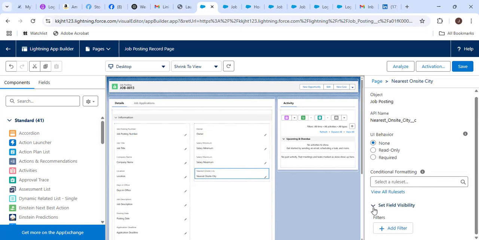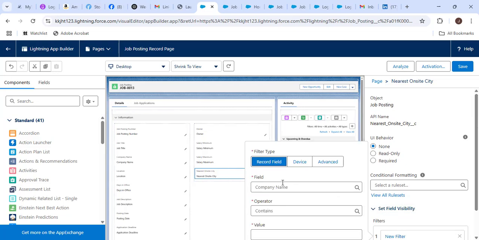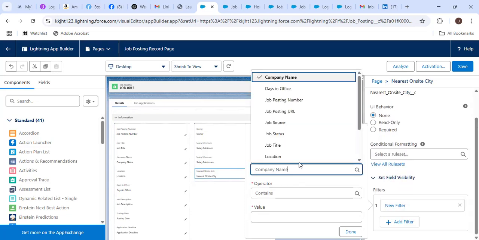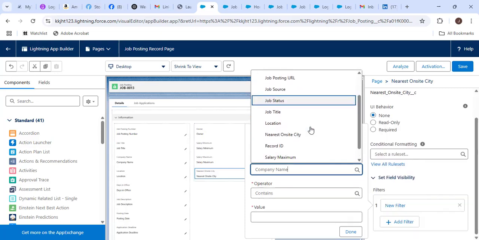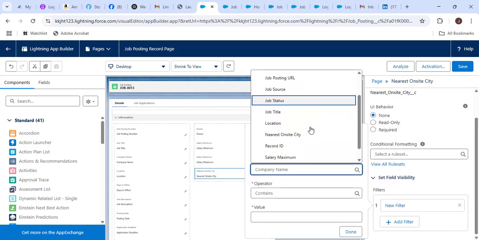Set field visibility filter. So when should this be visible? It should be visible when the location, yeah, click on location,